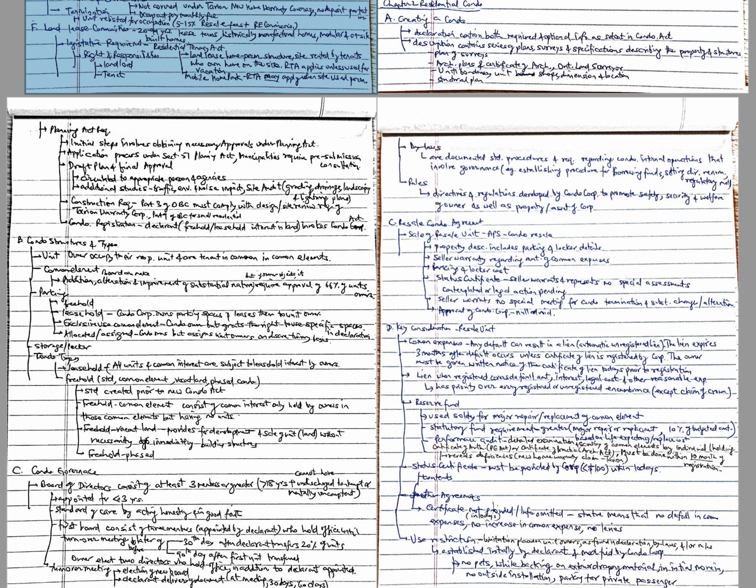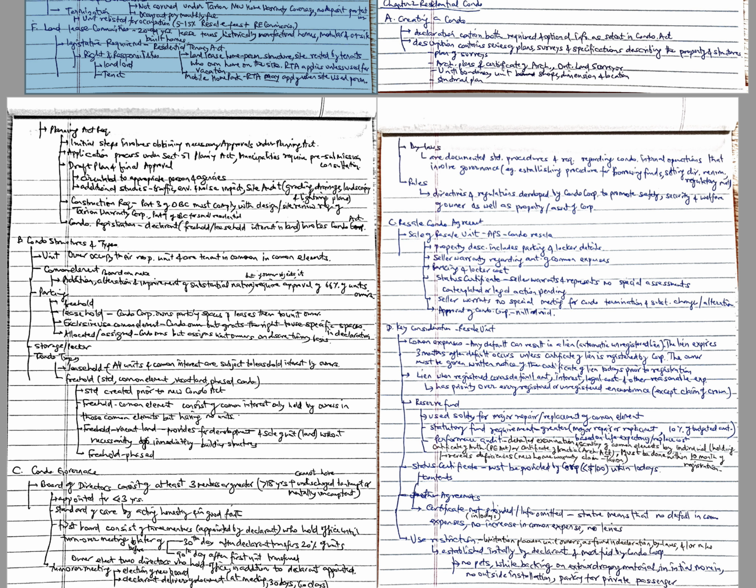Owners contribute to common expenses in proportion according to the declaration. Any default can result in a lien against the owner's unit, which can be enforced in the same manner as a mortgage. No owner is exempt from this requirement, even if he or she has waived or abandoned the right to use a common element, is making a claim against the corporation, or is restricted from using such common elements.